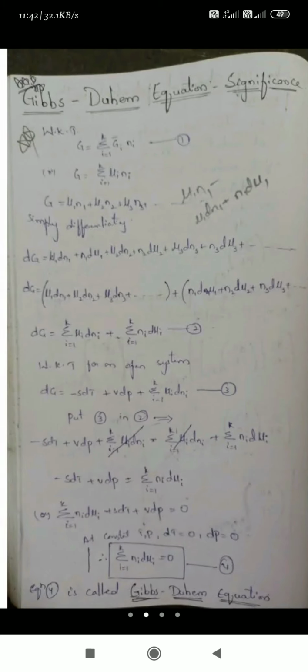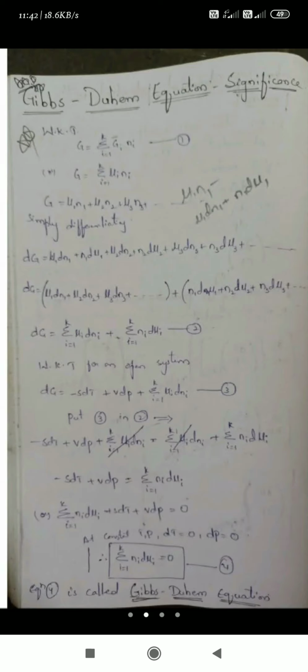And the final concept of thermodynamics today is the Gibbs Duhem equation. This is again a very, very important and easy one. Nothing is there; the only thing you should remember is the equation. The process is very simple. This is the Gibbs Duhem equation, and you have to write its significance. This is a very important question. All of today's class is important for questions, except the significance of partial molar properties.